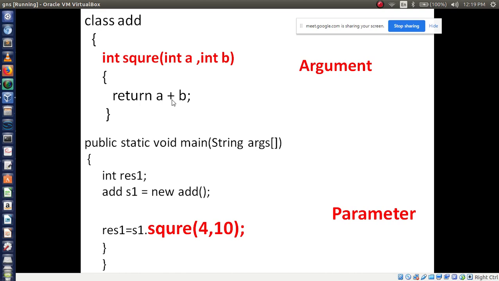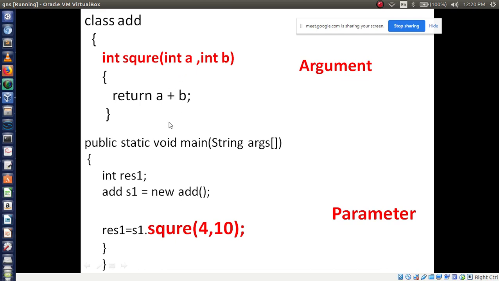Done. After writing my function, I will write the main method. In this method I am creating an object. How am I creating an object? The class name is add, reference variable s1 is equal to new add. Done. After creating my object, next I am calling this function.